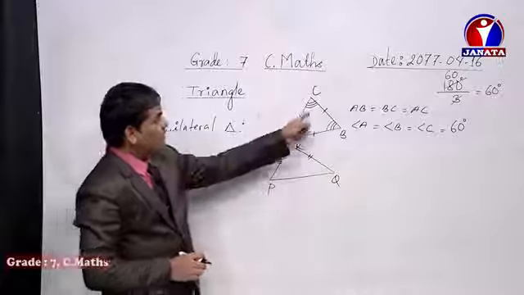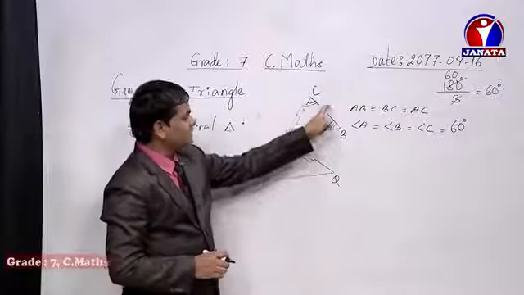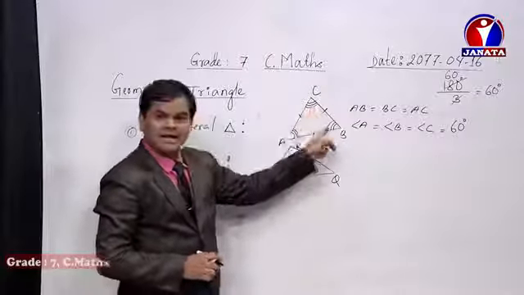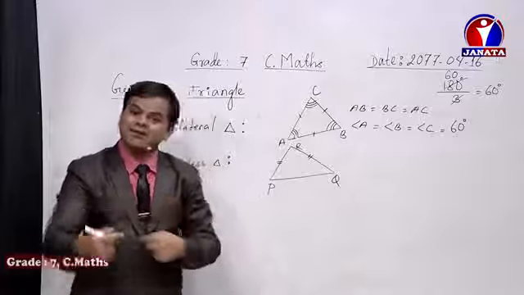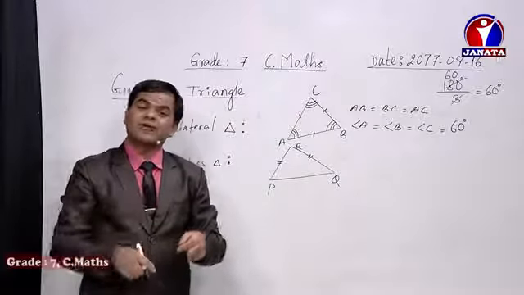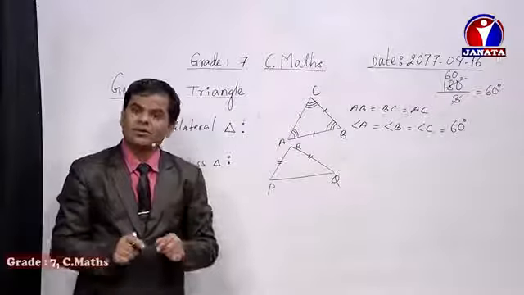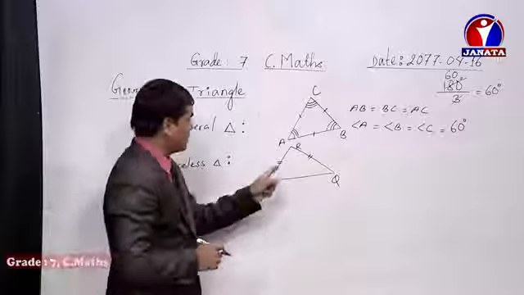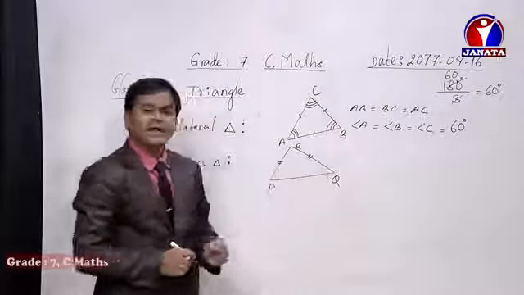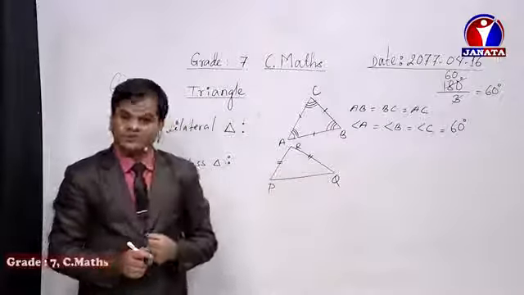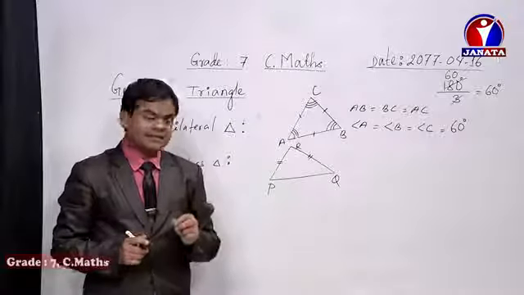And in here, what did we say? If all sides are equal, then all angles are equal. If two sides are equal, in case of angles also, dear student, there will be two angles equal to each other, but we need to know which angles are equal to each other. Look here, there are three angles. Among them, which two angles become equal to each other? That is the main thing, dear student.